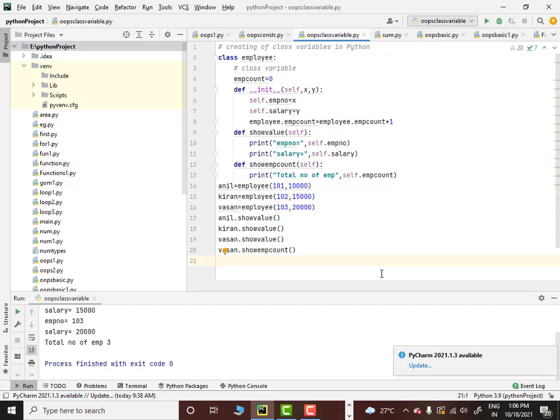So Balu, will there be any scenario wherein we can print a class variable without printing all the objects? The reason why I'm asking is this: you said that whenever we want to define a class variable, it has to be the name of that class instead of self, right? So now, let's say I don't want salary and employee number, all this information, but I just need the total number of employees only. So in that case, define show employee count. How do we write this? Will it still be the same, or how does this work?